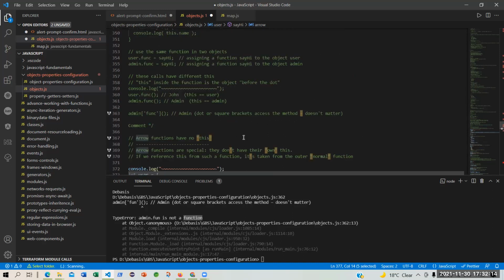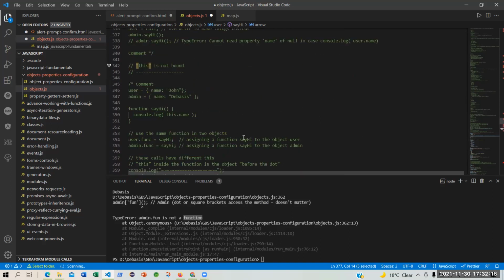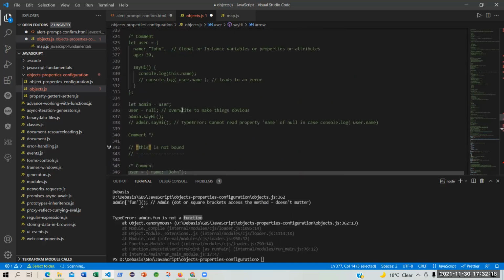Like where we have assigned, like here, this is an object and this is an ordinary variable. But once you assign this object to this variable, this admin becomes what? No, I'm not saying anonymous function.